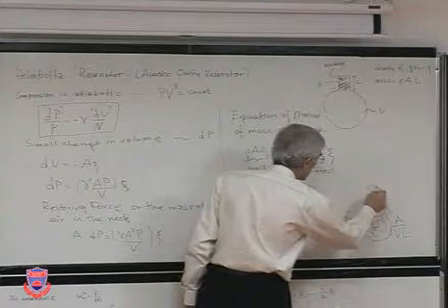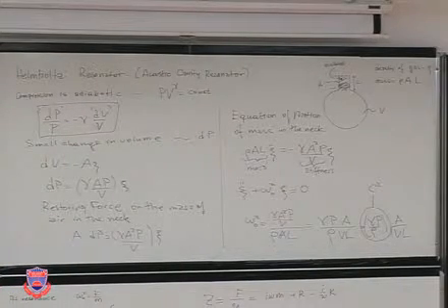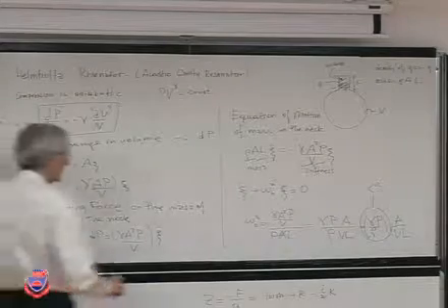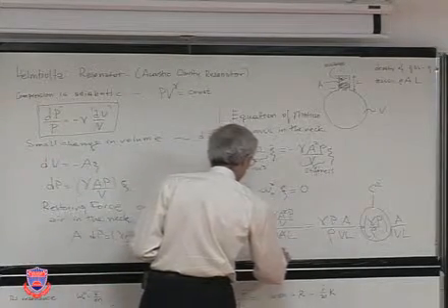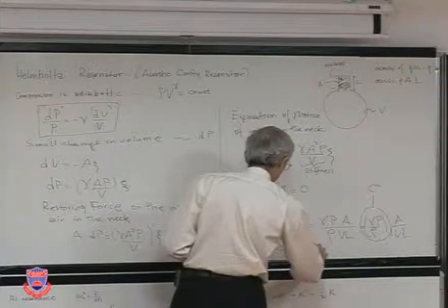This is square root of the speed of sound. So the oscillation frequency is proportional to the speed of sound divided by